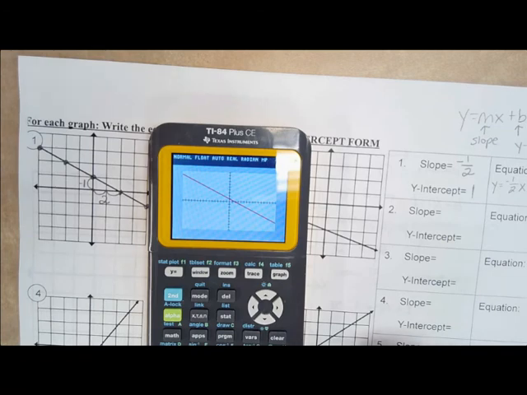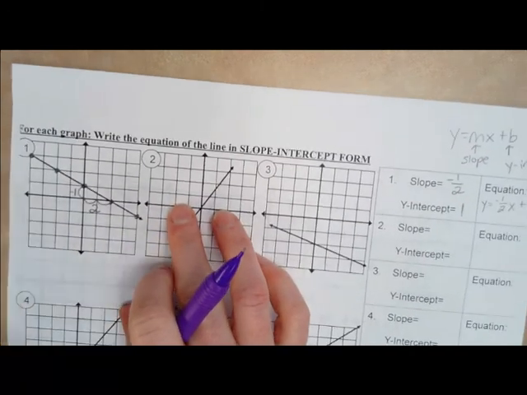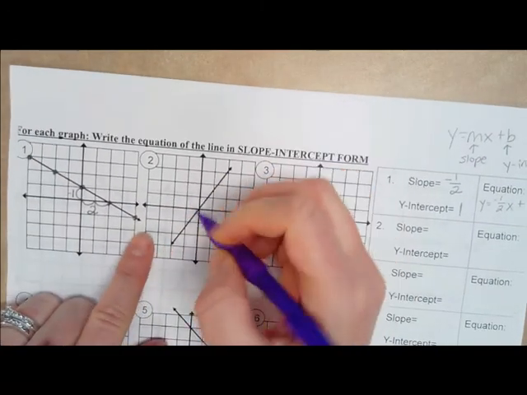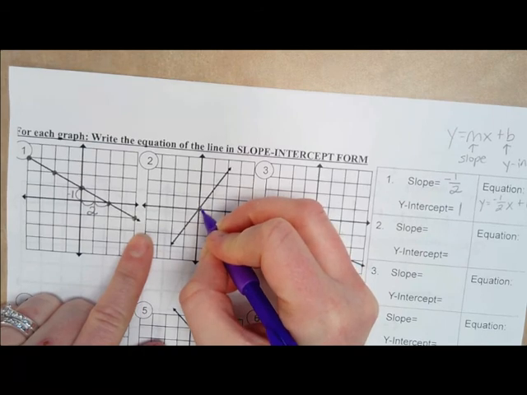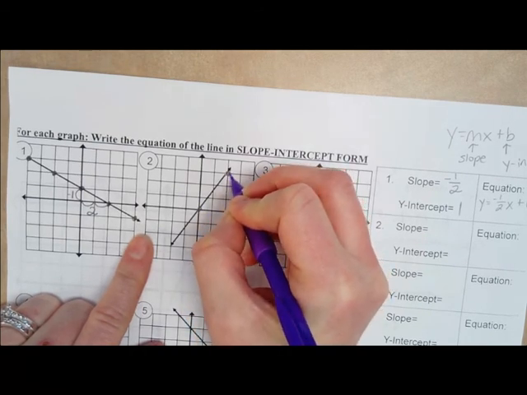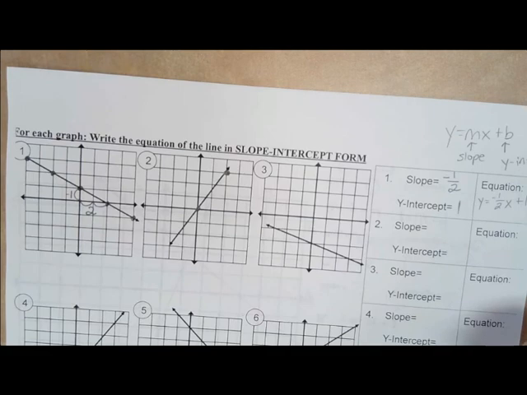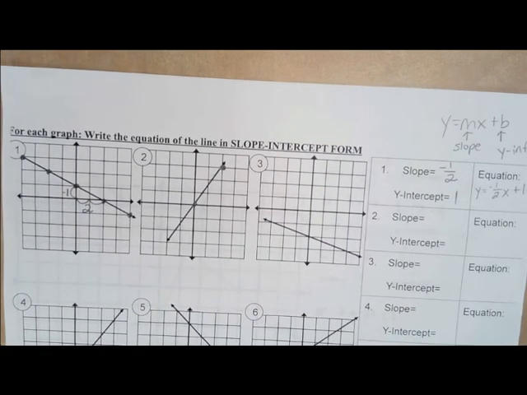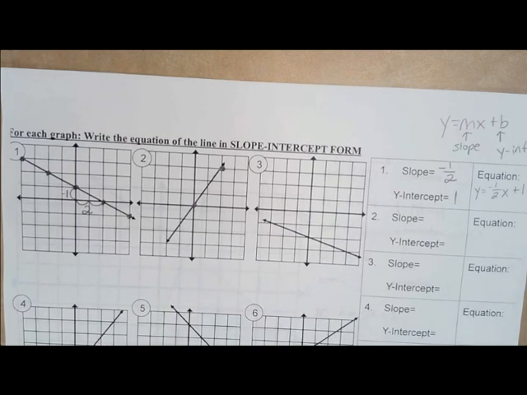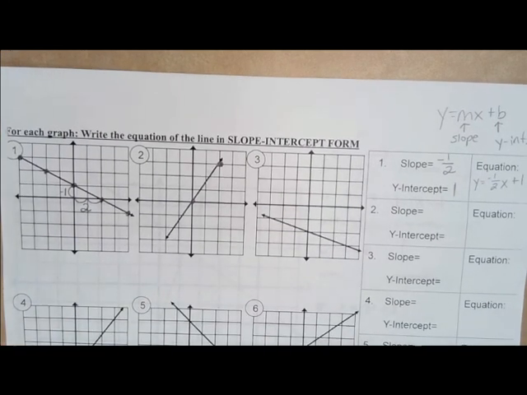One thing that I know that this helps with is if you do the wrong sign on your slope or the wrong sign on your y-intercept. So this helps. Okay, on number 2, I think this line got shifted a little bit because it should be these 2 points. Okay. So you can use those 2 points. So make sure to finish these 6 and you're done for today. We'll finish the rest the next class. I have a question on